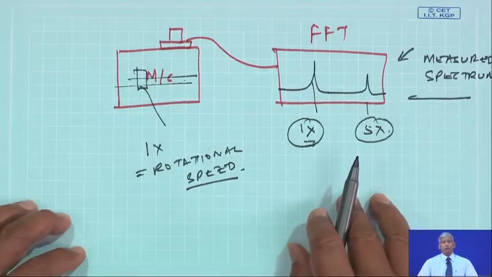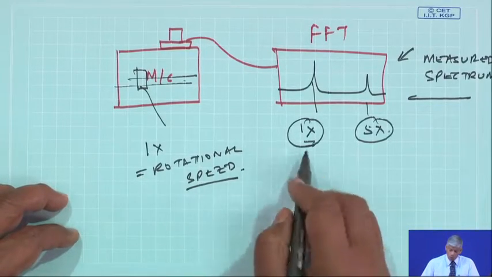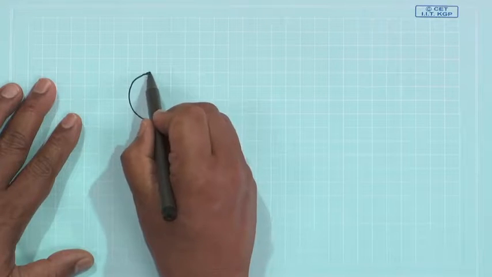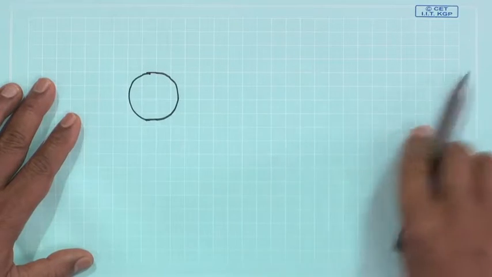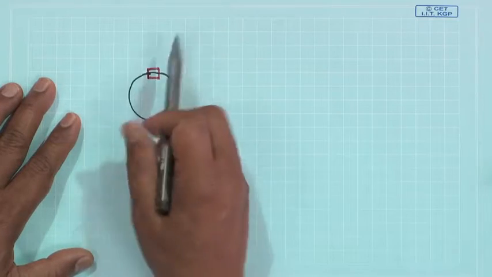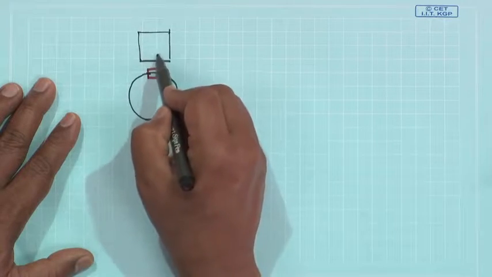So, for these frequencies to be known, I need to know what the rotational speed is, even the mean rotational speeds. Now, the way to measure it very cheaply, what we can do is, if I have a system like this, see every shaft has a keyway. So, if I put a key here and I put a pickup, a reluctance type electromagnetic pickup,